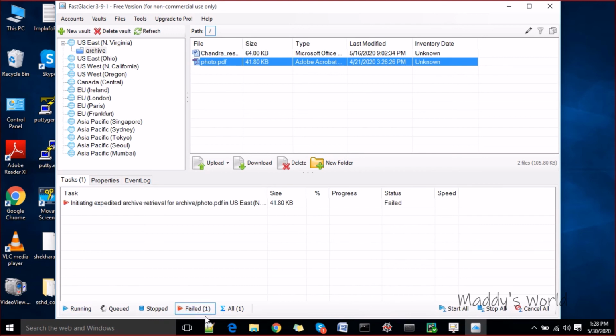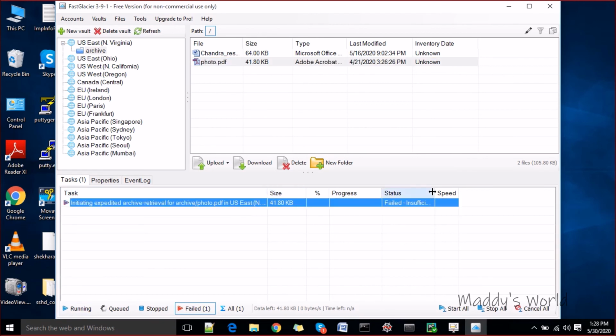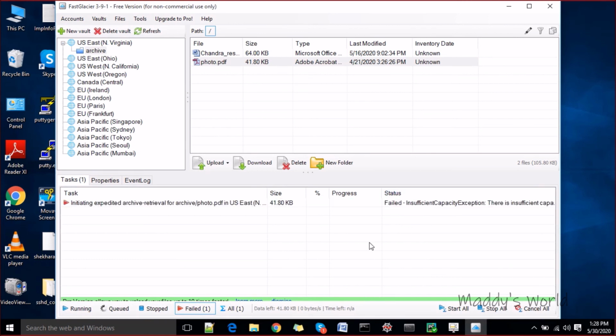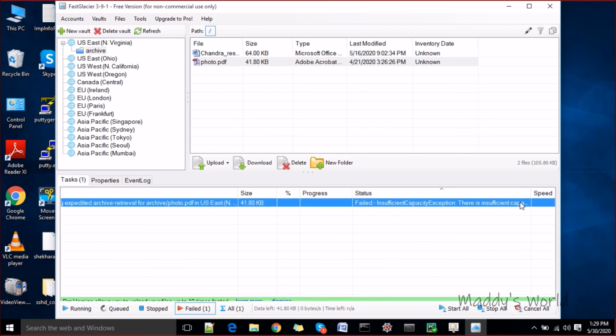And if you see what is in the failed section, expedite archival for this, in this failed, what it says is insufficient capacity. There is insufficient capacity to process this expedite request.